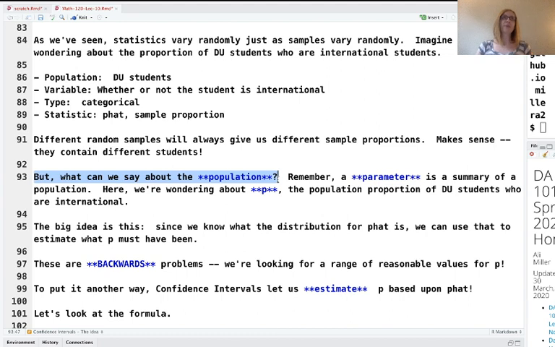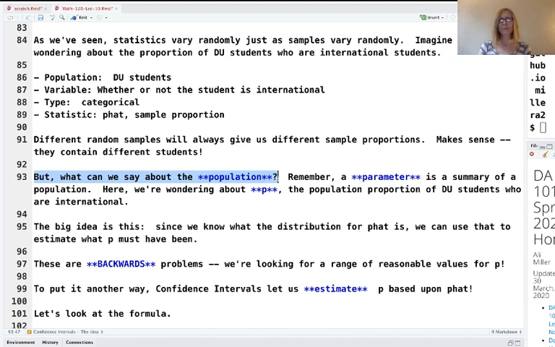We know that the samples are always going to be different. So in that case, what can we say about the population? Our sample proportion is never going to be dead on. At least we can't expect that it's going to be dead on. So we need to make some sort of estimate for what's going on with the population based on this sample